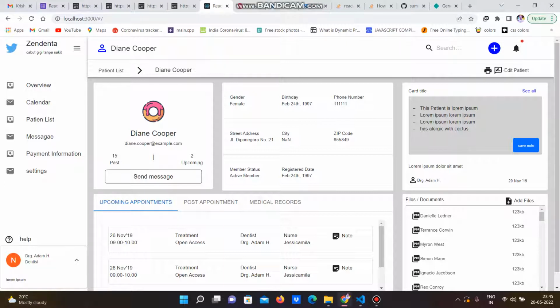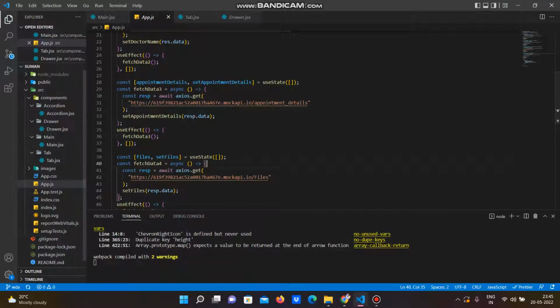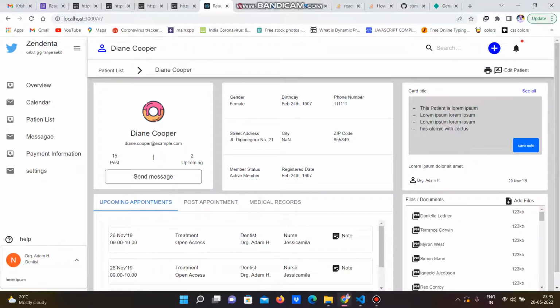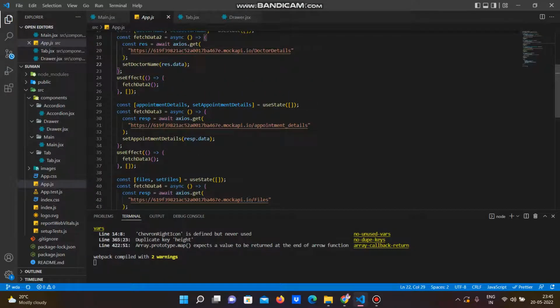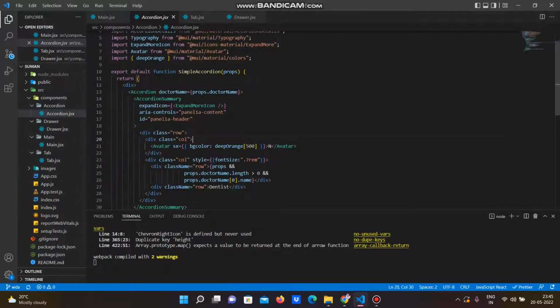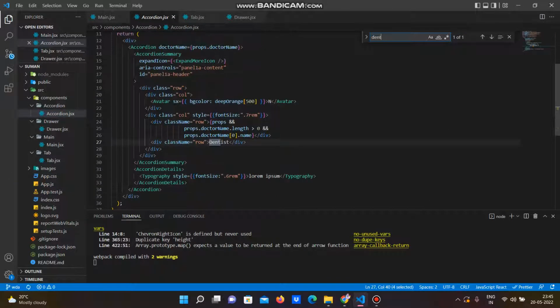You can see right here in the drawer, in the sidebar, there is this, what is this called, accordion. In the accordion you can see the doctor, the dentist name, Dr. Adam H. This I fetched from the doctor API. Let me show you in the accordion. Here you can see that I'm fetching the data from doctors dot name at index 0,